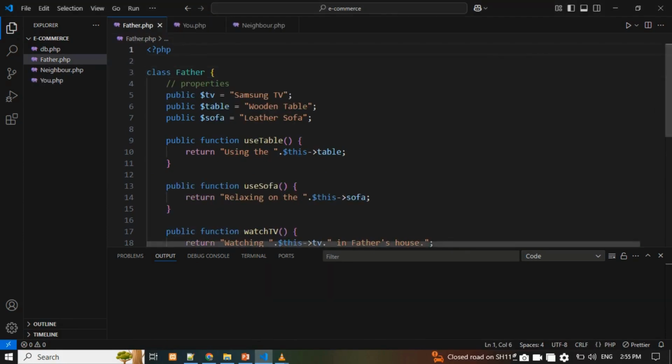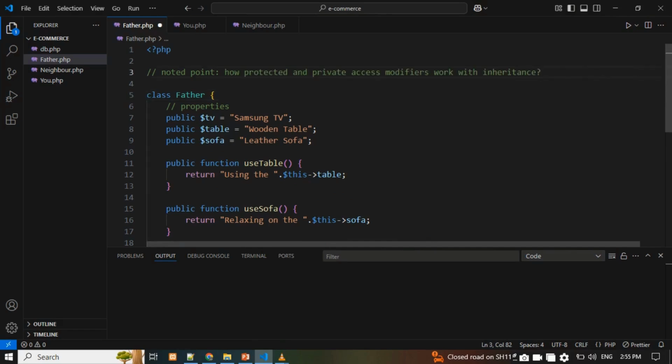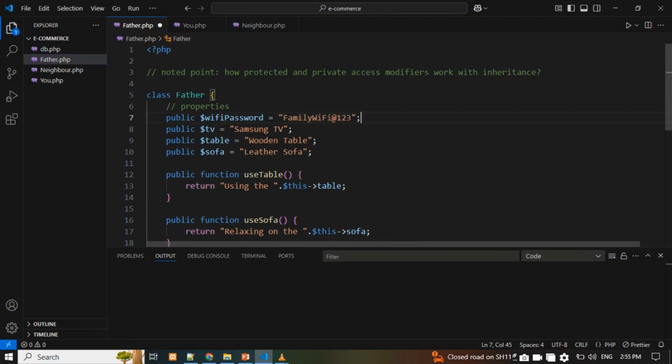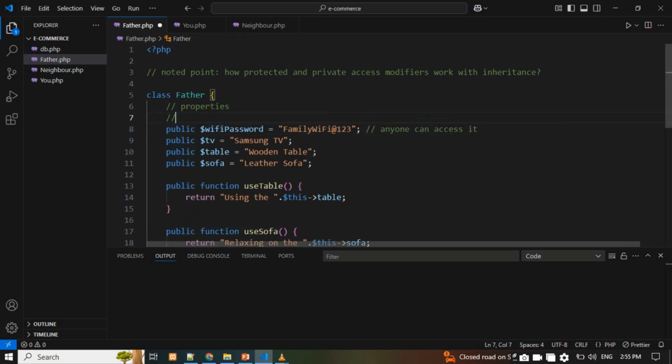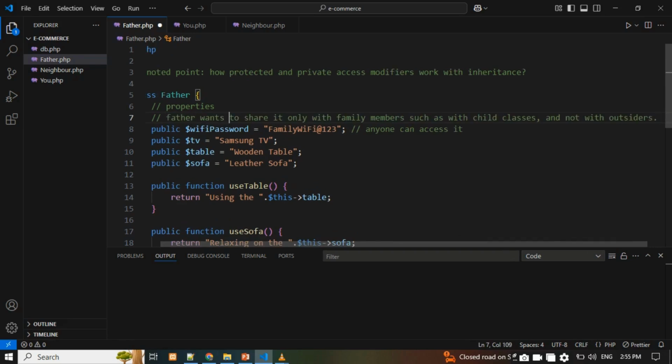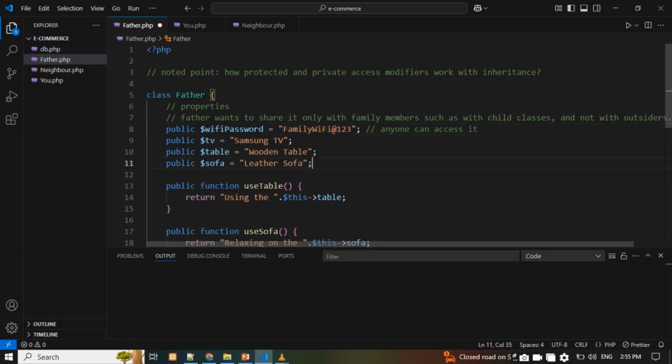Now, let's discuss how protected and private access modifiers work with inheritance. In a father class, suppose there is a Wi-Fi password property that is initially public, meaning anyone can access it. However, the father wants to share it only with family members, such as child classes, and not with outsiders. So, we use the protected access modifier.